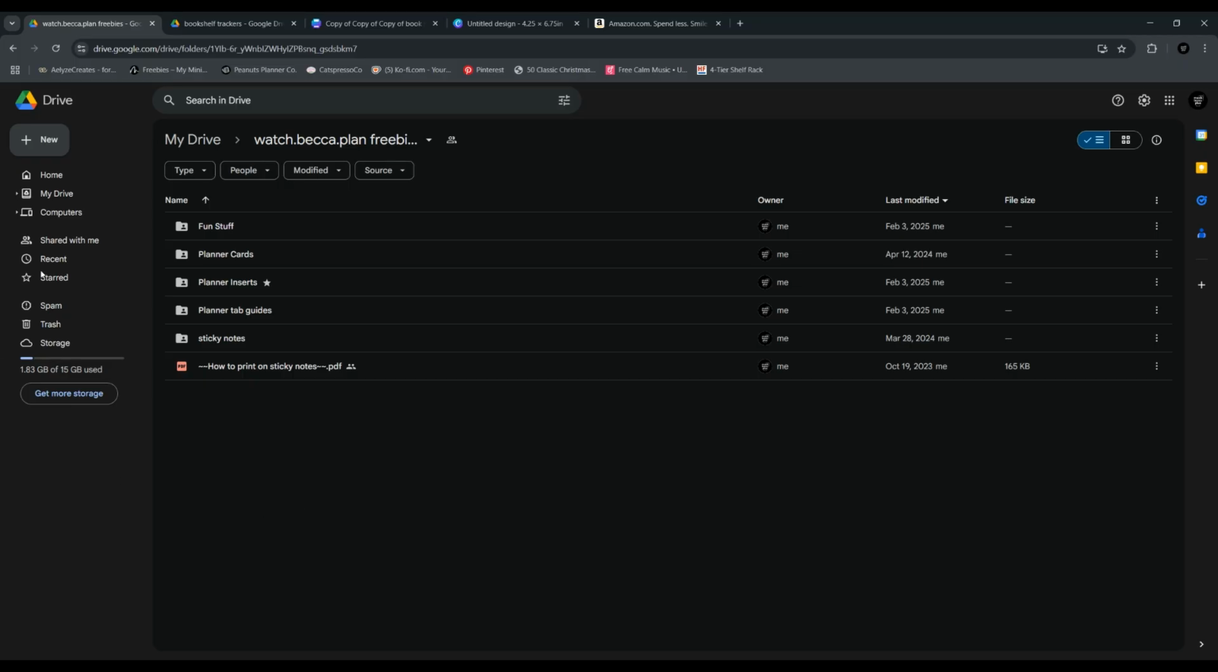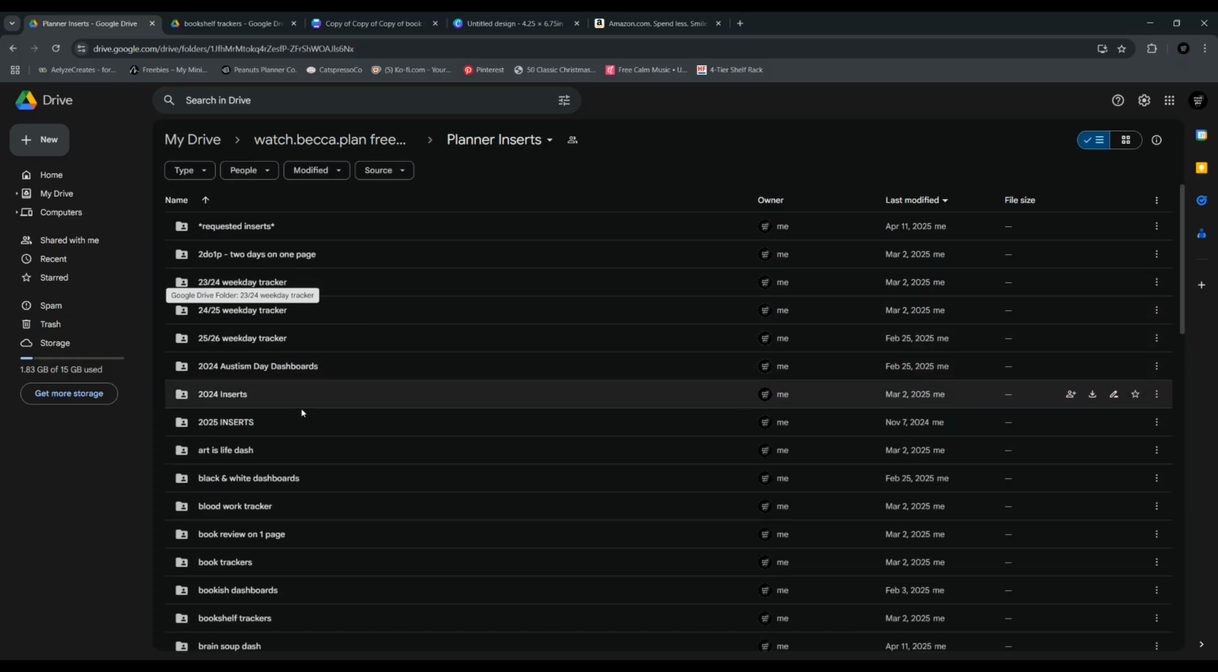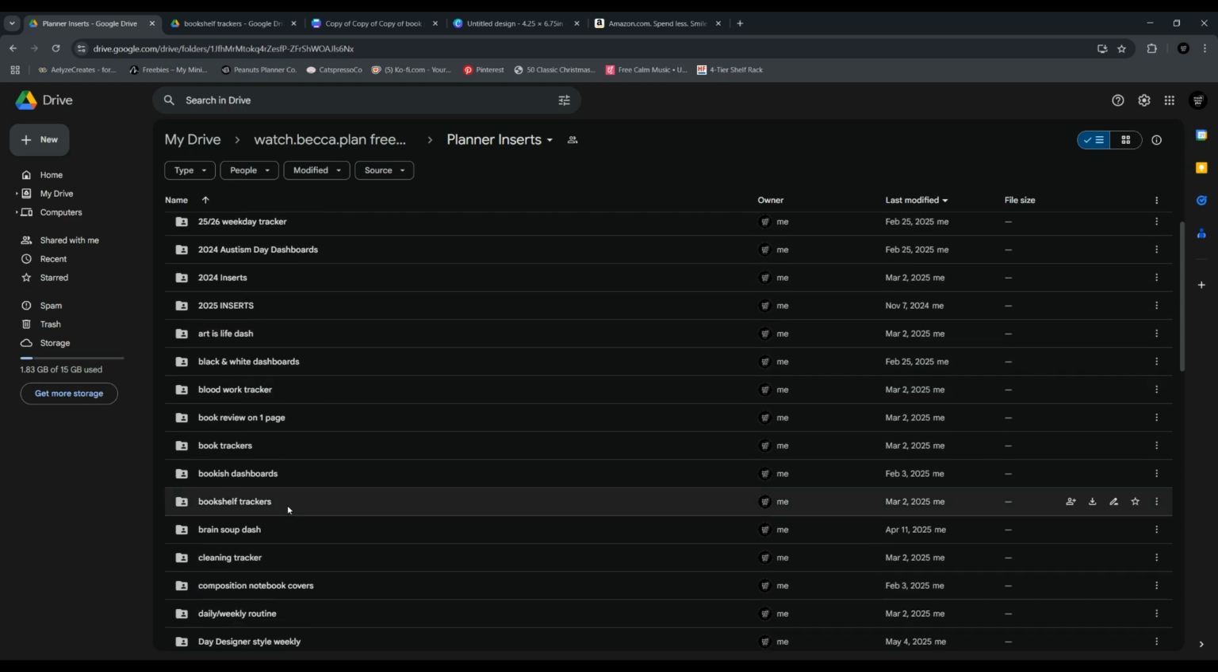So in the freebies folder, there's a planner insert folder. I have fun stuff, which is just not planner stuff. It's just other designs I've made. Planner cards, planner tab guides are here, and sticky notes. And then a little how to print on sticky notes guide is down there. Planner inserts is where you want to go. You'll click on that. And then down here in bookshelf trackers. If you do it in alphabetical order, it should be pretty close to the top in the B's. But you click on that,